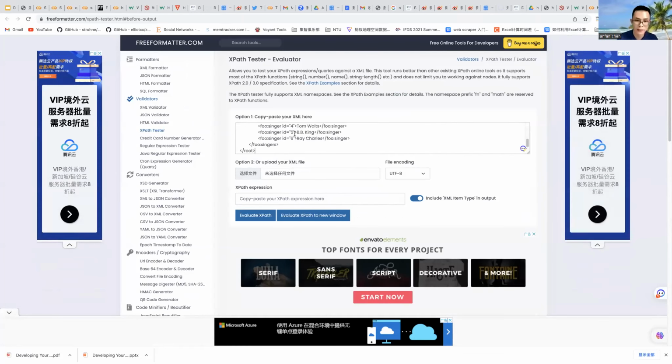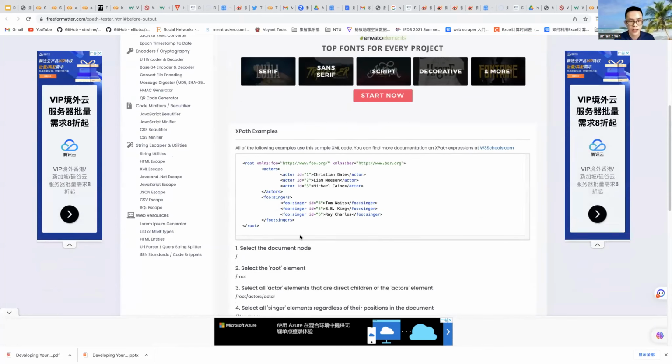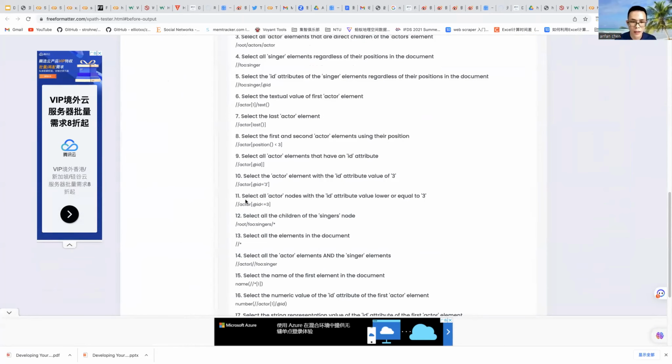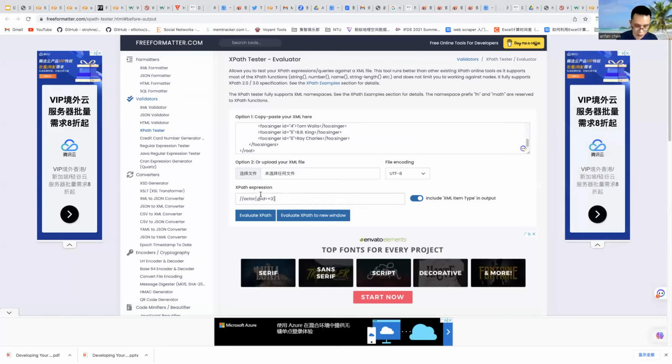You paste it here, and you should write some XPath expression. Such an expression indicates that we want to select all actor nodes with ID attribute values lower than or equal to 3, and we use this expression here. It is just an example.